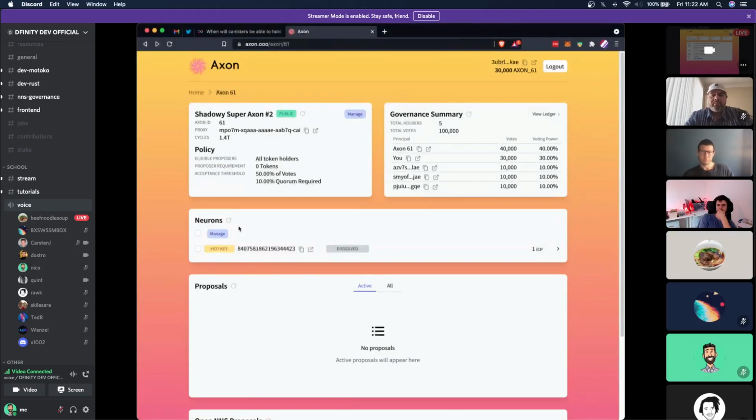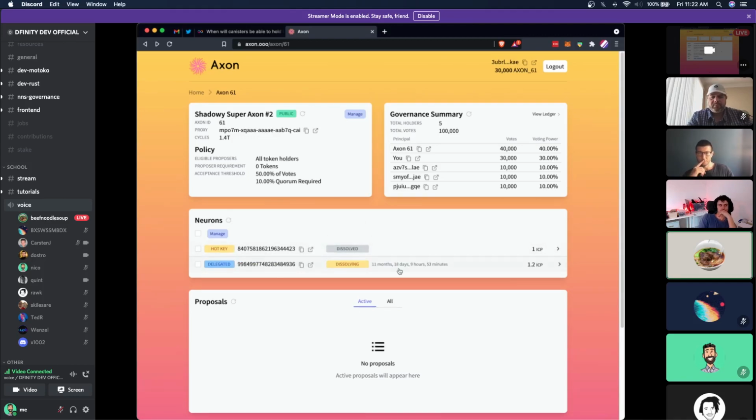That way we can see it in the UI. Gonna refresh. Okay. You'll notice that this neuron says delegated. So we can now